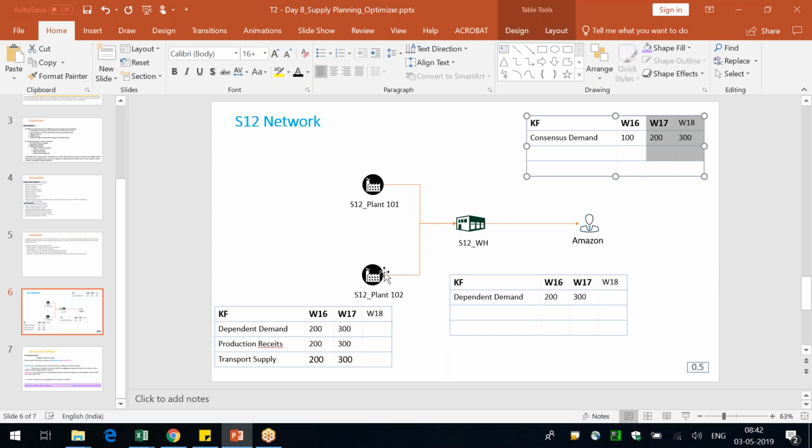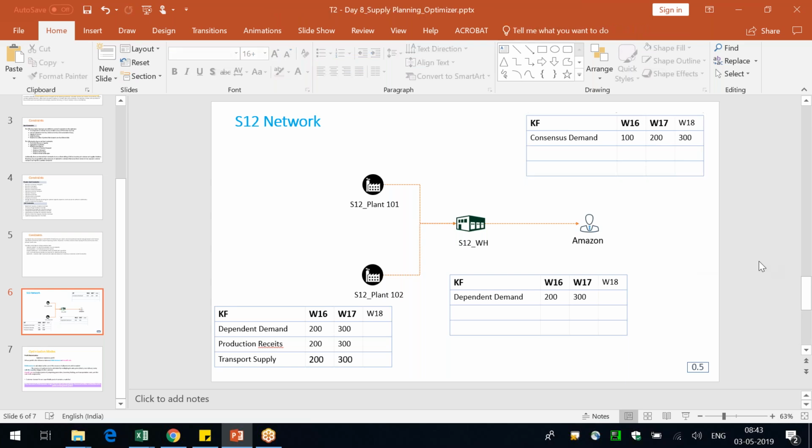And if the lead time is 1 week here also, then this demand is gone. Week 17, the optimizer cannot meet the demand, because to meet week 16 demand of 100 units for the Amazon customer, the production actually should happen on week 14. If it is done in week 14, week 15 it can ship it to the warehouse, and from week 15 it can ship it back to the customer. So these two are gone. This way the lead times will definitely impact our supply plan.